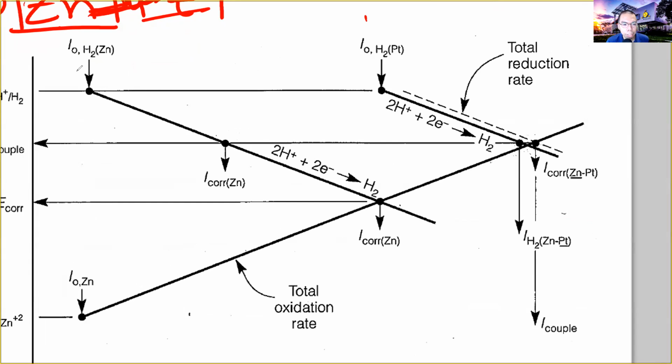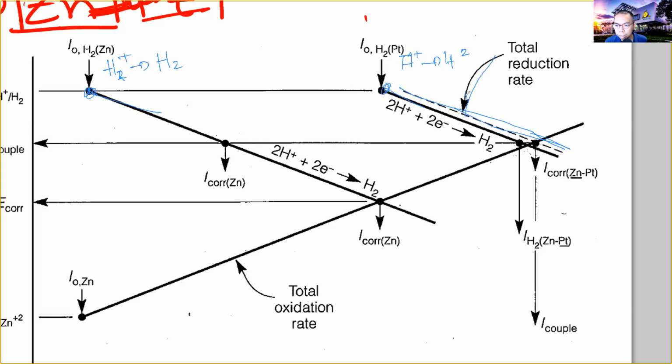So again, we have zinc and hydrogen. So meron tayo nung zinc and platinum. So meron tayo nung reduction at the zinc surface, H plus, H2. And we have the reduction at the platinum surface. So we add the rates of both polarizations. We get ito. This is now your total